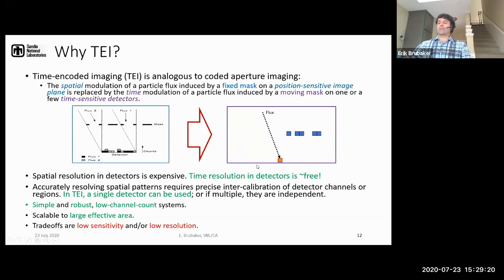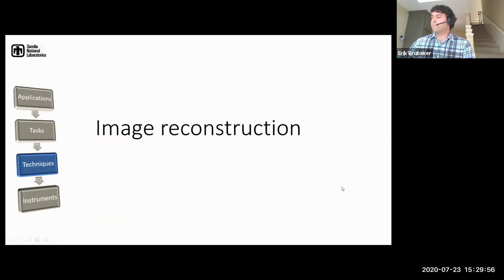The trade-offs, of course, are that with a single detector, we have fewer particles that we're detecting, and so the sensitivity reduces. Or alternatively, if you make that detector larger, then the resolution is poor. So it's back to more like the pinhole case in terms of the sensitivity-resolution trade-off, but you have the advantage of the potential of high resolutions at low cost for simple systems. Okay,